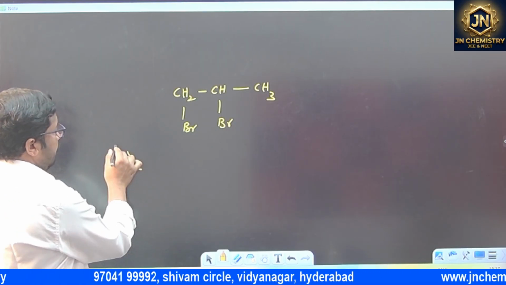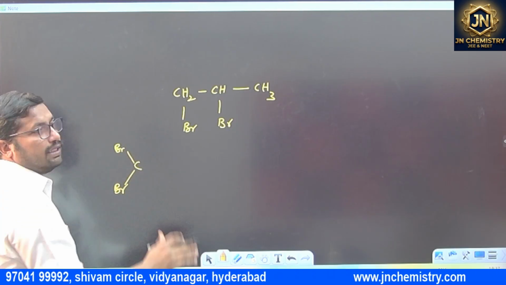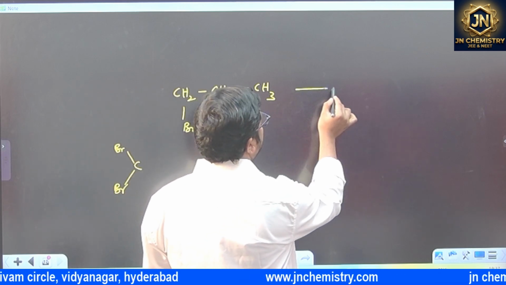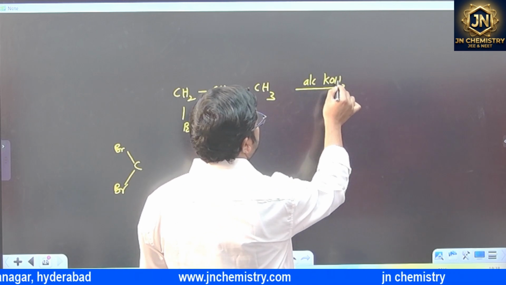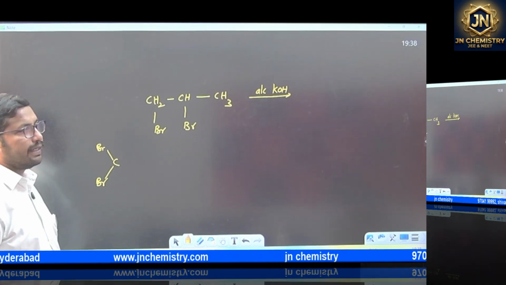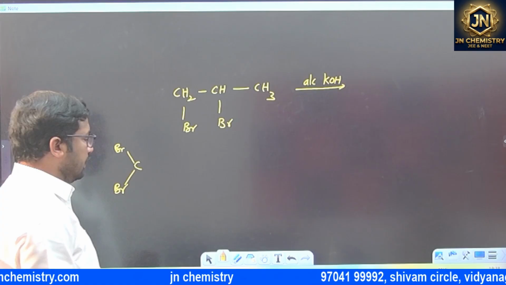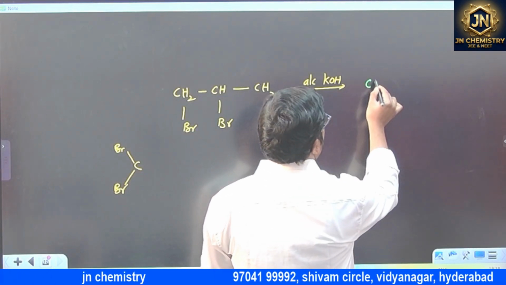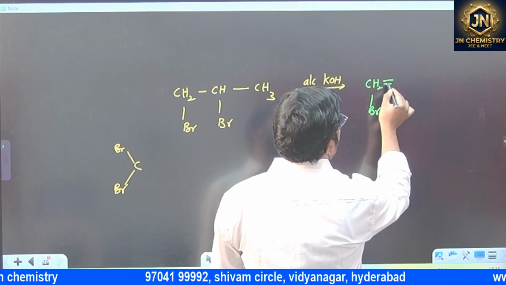If the bromines are on the same carbon, they are called geminal. If adjacent, they are called vicinal dihalides. When we use alcoholic KOH, what is the use of alcoholic KOH? Dehydrohalogenation takes place. Dehydrohalogenation. So here, for example, CH2Br, double bond,